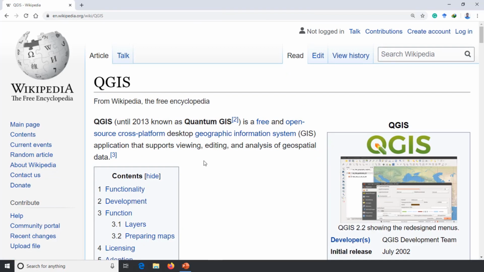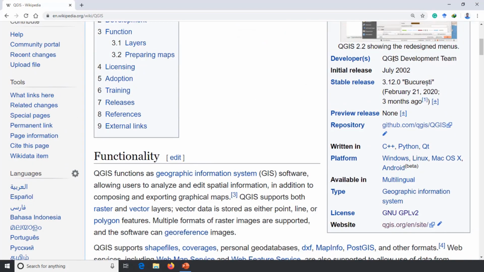Here you can see QGIS, which was known as Quantum GIS until 2013. It is a free and open source cross-platform desktop geographic information system application that supports viewing, editing, and analysis of geographic data. It was developed by QGIS development team. The initial release of this software was launched in 2002 in the month of July, and the stable release, which is the current release, is 3.12 version, which was released on February 21st of 2020.